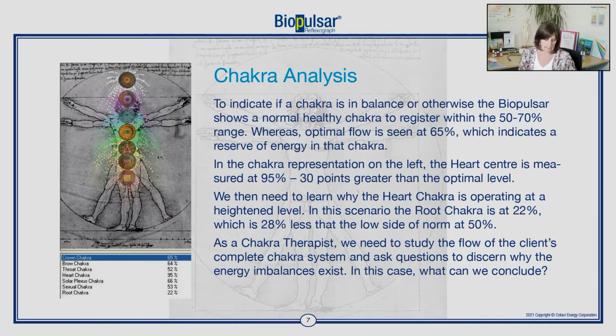When I'm looking at one chakra that is heightened, in this case we can see that the heart chakra is at 95%, where the root chakra is at 22%. This is telling us a story. So something happened in the root chakra. At the formative age, typically a lot of our root chakra energy is developed between the ages of 0 and